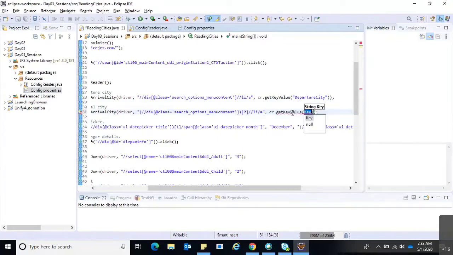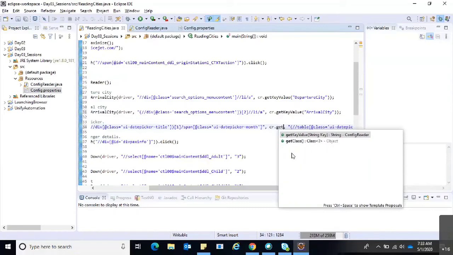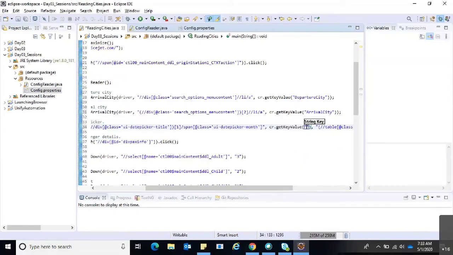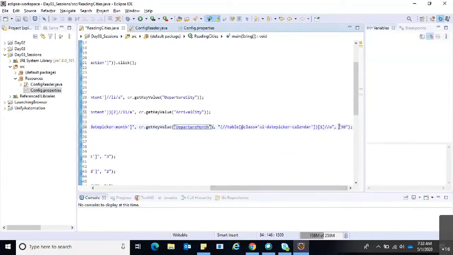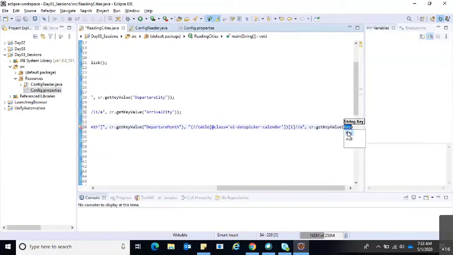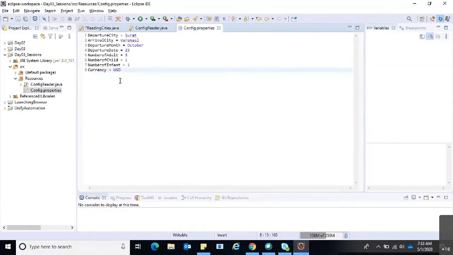Now here dot getKeyValue, that is arrival city, and here dot getKeyValue, that is departure month, here dot getKeyValue, that is departure date, and we should make sure this key value is matching with these things.